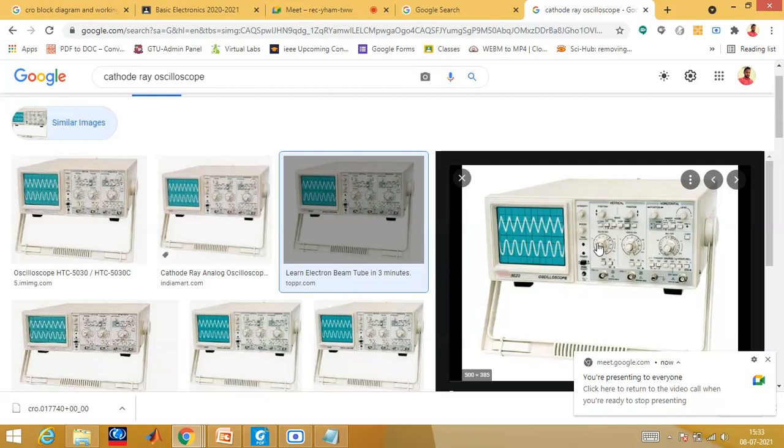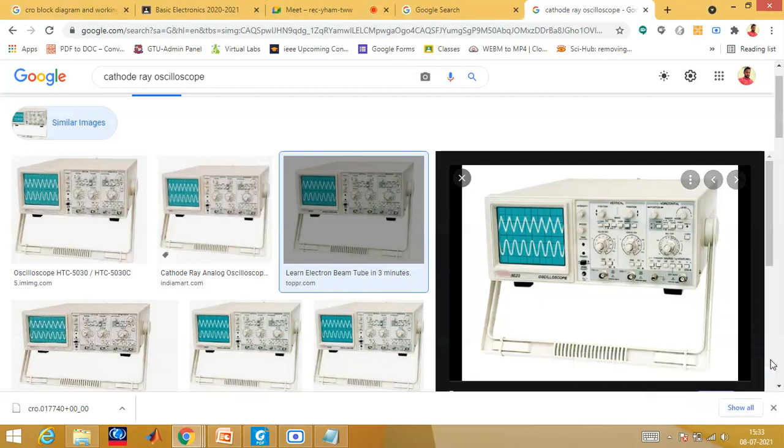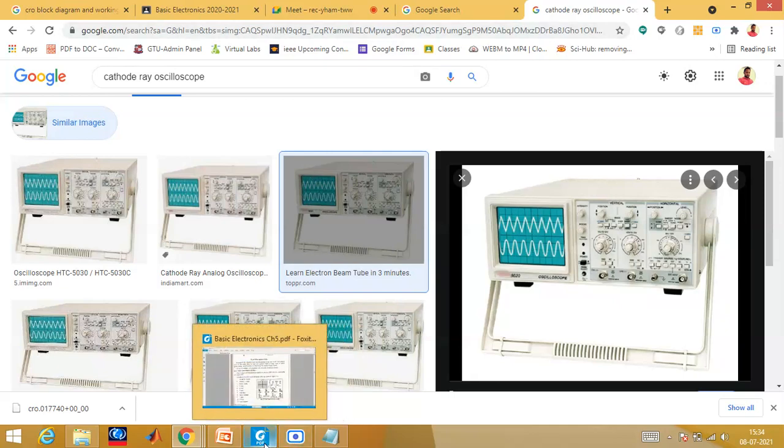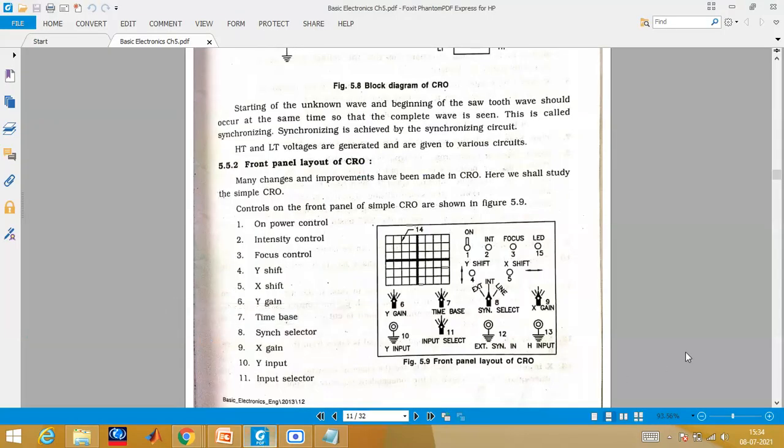Okay, x and y, and these are the control knobs. We will be discussing them through the PDF, but I just want to show you here how it originally looks. If you get an opportunity, you can visit the lab and see how a CRO looks. You can see here that several control buttons are there. I will explain them now. There are several control buttons and several external signal and internal signal buttons. We have to study these buttons, and that is what is there in your PDF. If I directly showed you the PDF, you might not understand, so that is why I have shown you the original image.